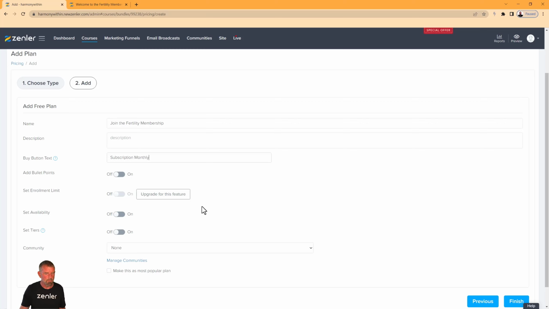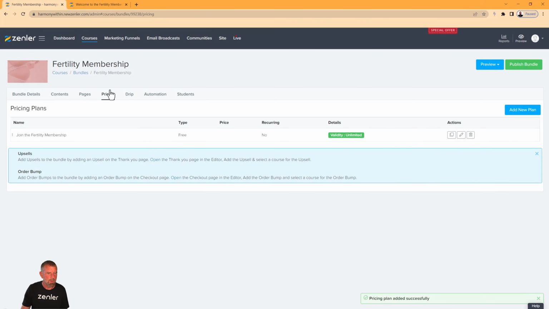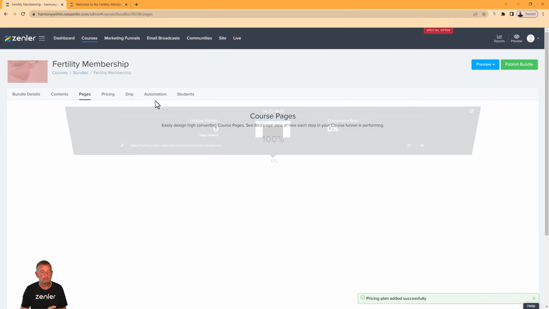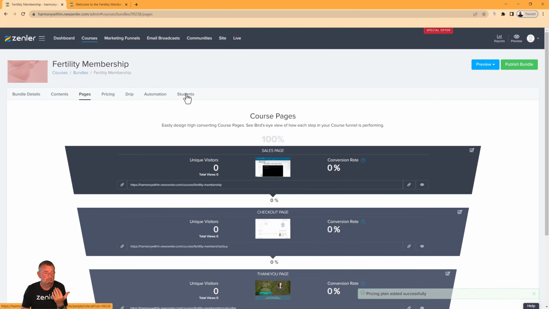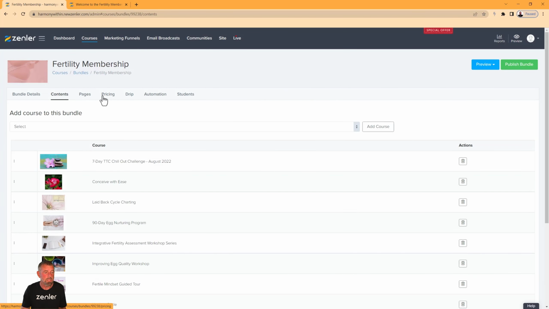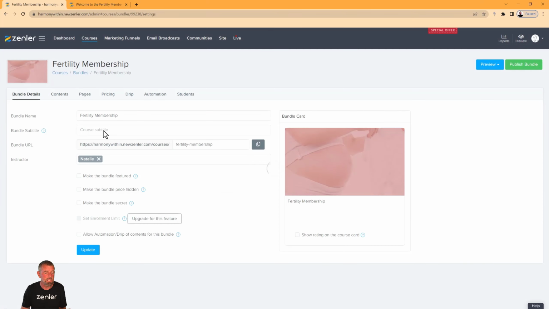You can put some more information, but I'm going to leave this and we're just going to click finish. Okay, so this is what we have at the moment. The pages, we haven't touched the pages, we haven't touched drip, automation, the content in here. We've added the content to the bundle. That's the only thing we've done, and we set the pricing and the bundle details, all of this stuff. Now I've got free